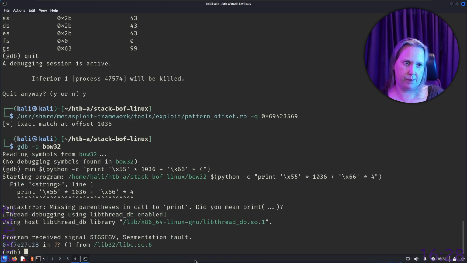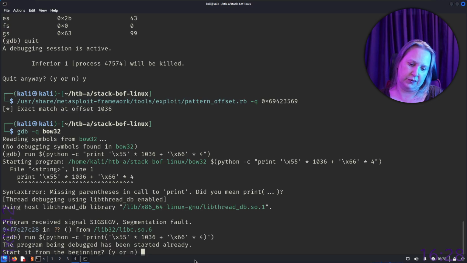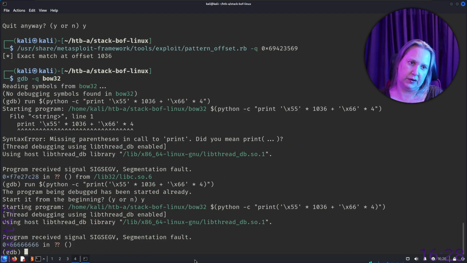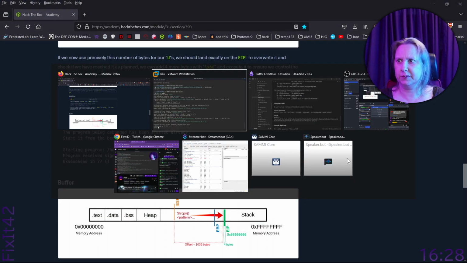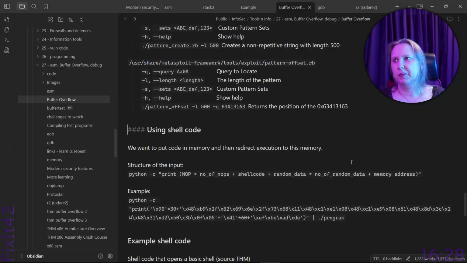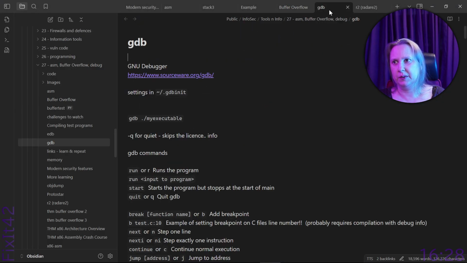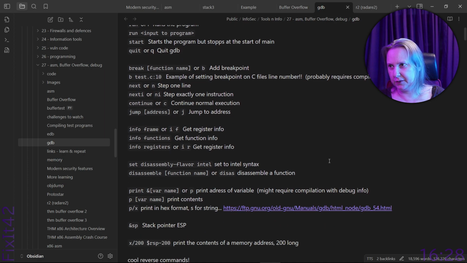So yeah, we can't just copy theirs because they are using ancient Python, and my Python link goes to another place. So we have 66666666, and what I want to do is not just look at this bit of memory, right? We want to see all of the memory, and I don't remember the GDB command to show a memory address, so